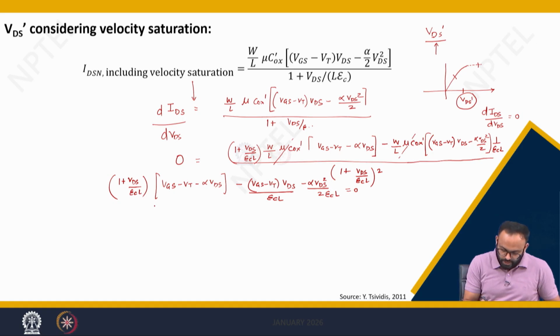So, if you solve it further, you will see that Vgs minus Vt minus alpha into Vds plus